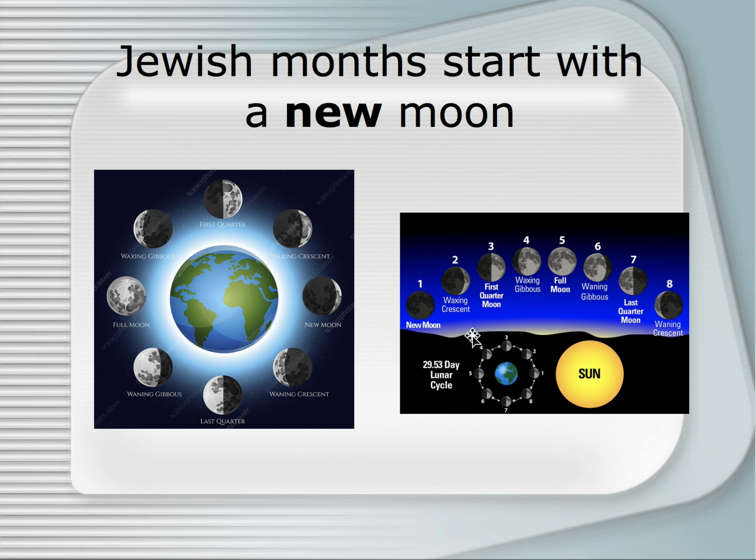A similar version here. You start with the new moon, that's the beginning of the month. First quarter, halfway through the month is a full moon. Third quarter, and then finally a new moon back to the beginning. So that's what a month is. But it's really important: months begin with a new moon, and halfway through is a full moon. Those are the real lessons I want us to learn from what a Jewish month is.